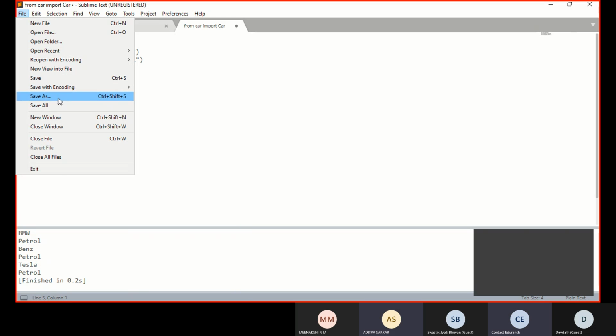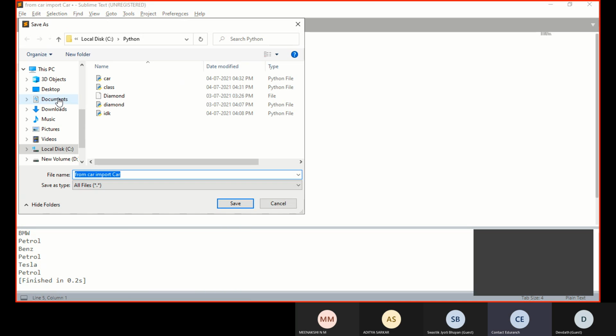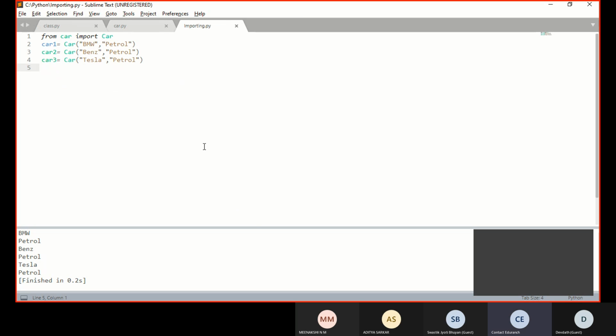Okay, now if you're all done importing, let's try to do some simple inheritance. Now we have created student, right? Let's create a child class called science student.